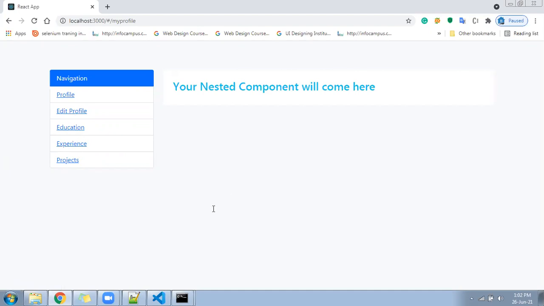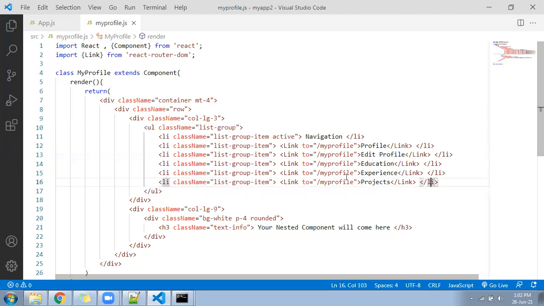Okay. So we have to change the path here to edit. We need to keep the path called education. We need to give the path called experience.